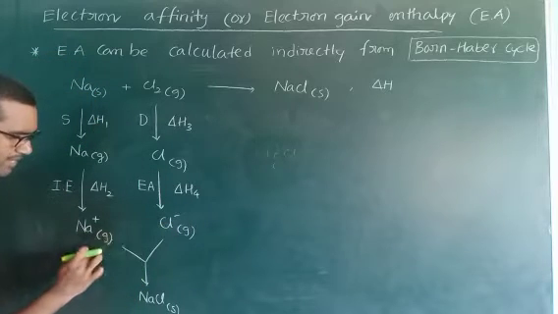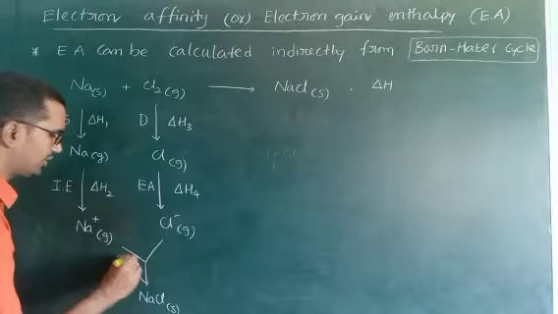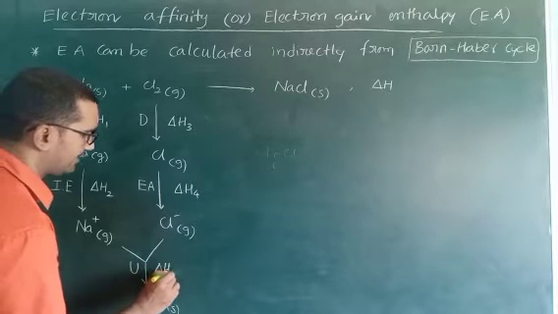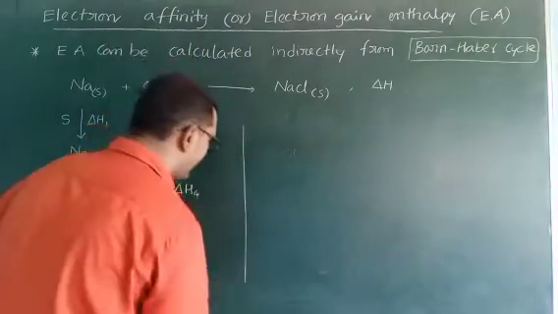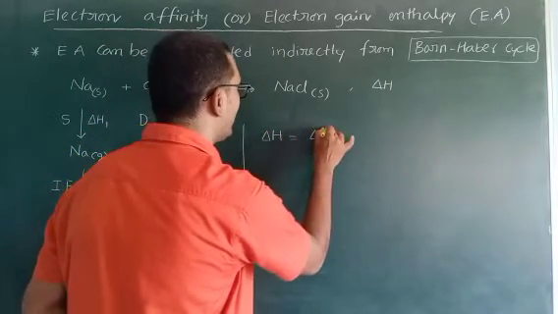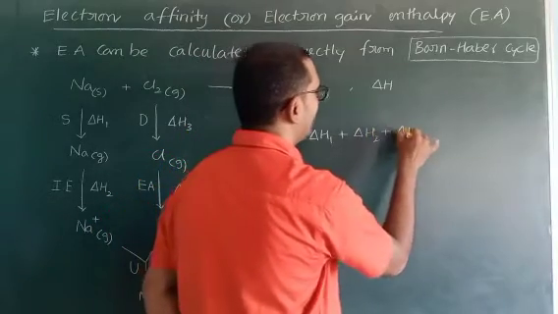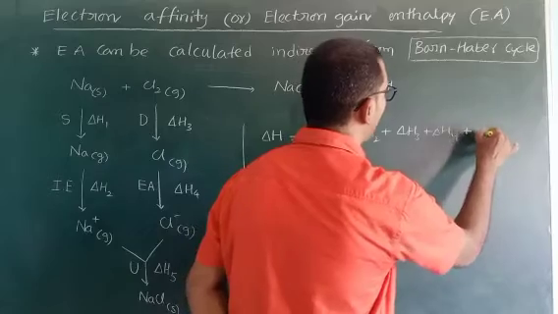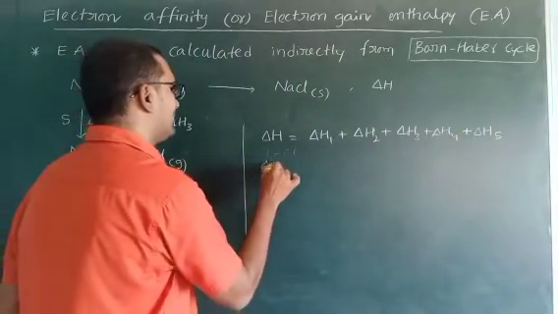Finally, these two are combined together. It gives NaCl, it is called lattice energy. U means lattice energy, and it is taken as delta H5. Simply here delta H is equal to delta H1 plus delta H2 plus delta H3 plus delta H4 plus delta H5. And one more, we can write delta H is equal to